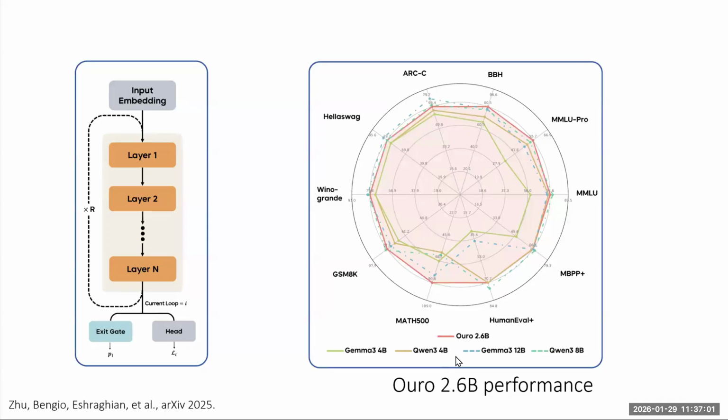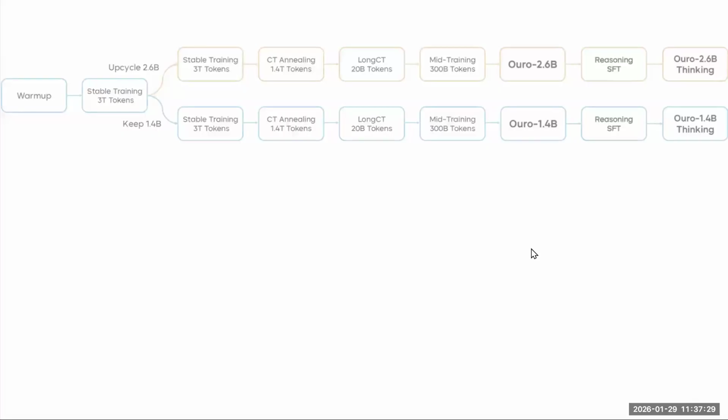Qwen is from Alibaba and really state-of-the-art in the small language model space. But we're also comparing it against 12 billion and 8 billion parameter versions, right? And keep in mind, Qwen3 is trained on like 20 trillion tokens, right? So I would argue that even though there may be a little gap on one of these benchmarks, this red radar is doing pretty damn well. So I feel like this really goes from language models that are academic in nature into things that are actually competing with what industry are generating.